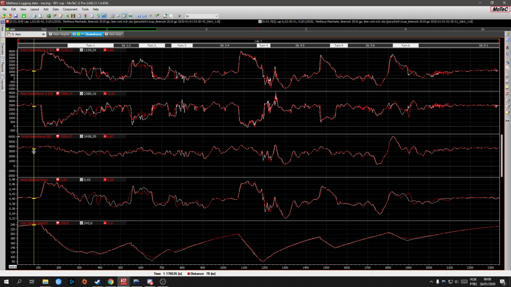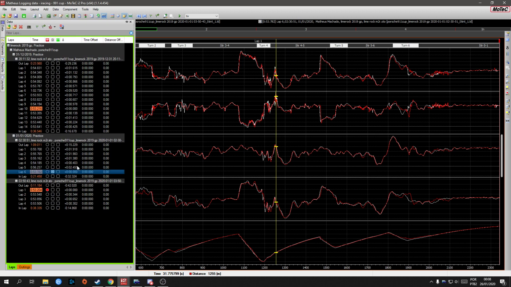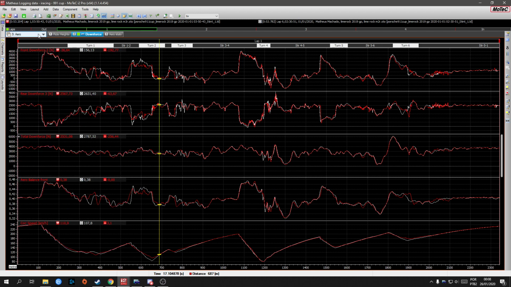generate rear downforce, but you know, say, oh, the car is a lot better. I think it's driving better. I'm feeling more comfortable with the car, even though the lap time was a little bit slower. But there was a difference in tire temperature here, and I didn't wait until the tire warmed up properly. And in the other setup, which is the one I put 100 millimeters, you see that it has the same